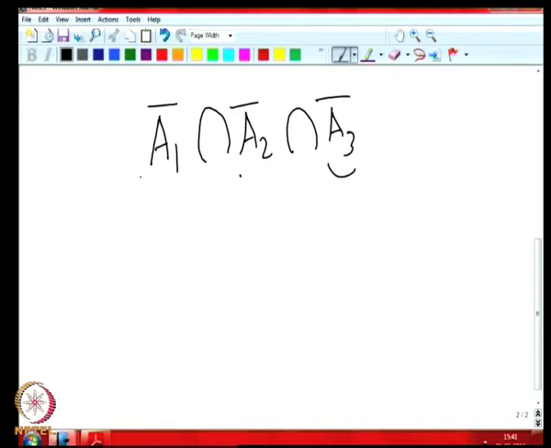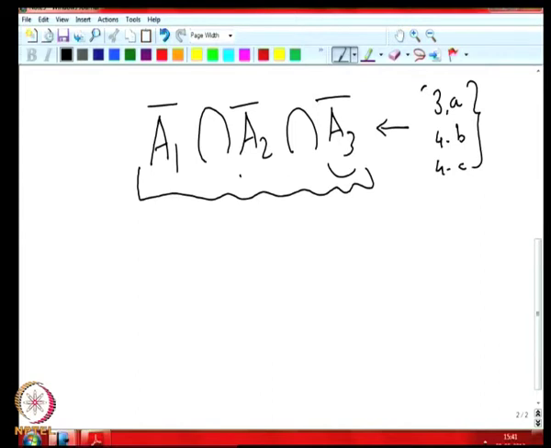So, those 10 combinations in the intersection of A1 complement, A2 complement and A3 complement will be the ones we are looking for, namely those 10 combinations which has at most 3 A's, 4 B's and 4 C's, right. And this clearly is coming from the multi-set S given to us. That would be the valid 10 combinations which can be formed from the multi-set given to us, right.